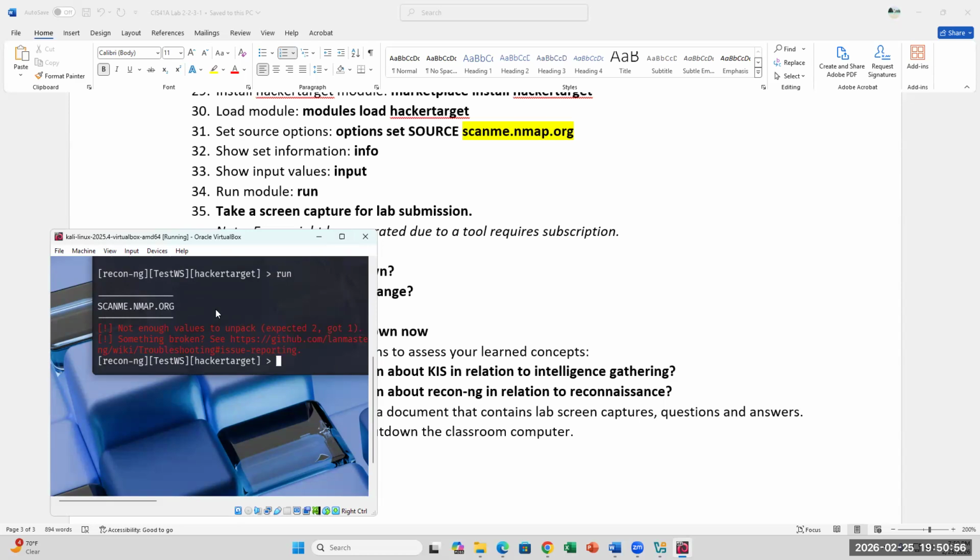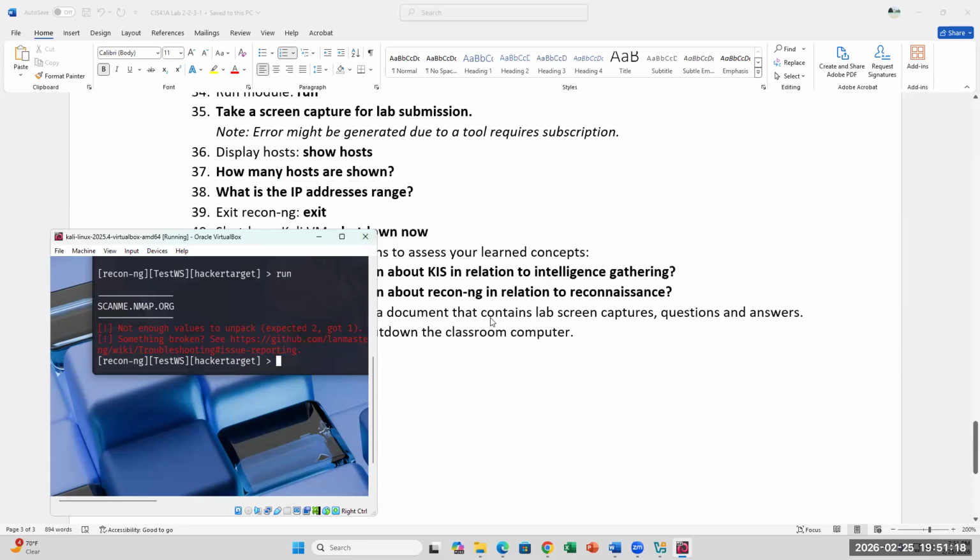So sometimes you're going to get a target that's going to give you a lot of details back about itself, right? Sometimes it's not, and it tells me that if you want more, you need to go to their Git repository. So some tools are not perfect, some tools are. And also tools work differently with different domains because of the structure. Take a screenshot here, and then I can do show host,